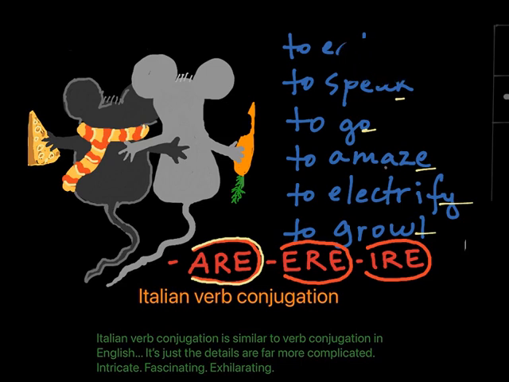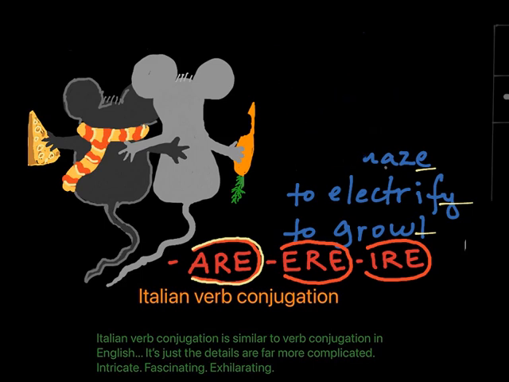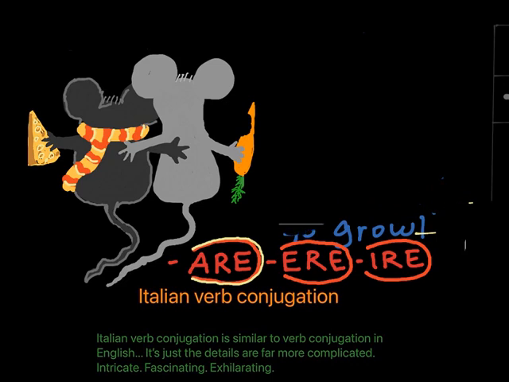So in Italian, the verbs are organized because Italian is the language of order. In Italian, the verbs will be ending on -are, -ere, and -ire. And you can see that almost all Italian verbs will end on -are, -ere, and -ire. Today we're going to concentrate on this group, on -are, so it's the beginning, and we're going to see how